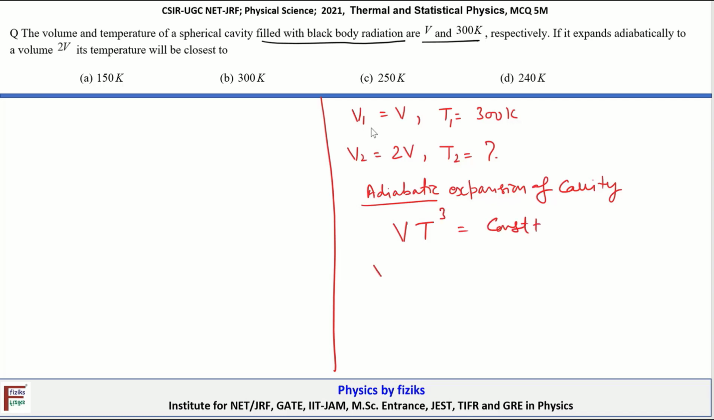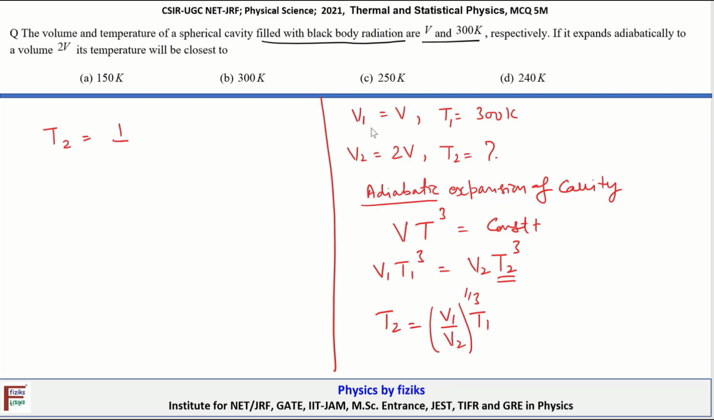Here we can apply the relationship V1 T1 cubed equals V2 T2 cubed. From here we have to determine the corresponding value of T2. So T2 equals V1 upon V2, raised to the power 1 by 3, times T1. After substituting the values of the parameters that are given to us,